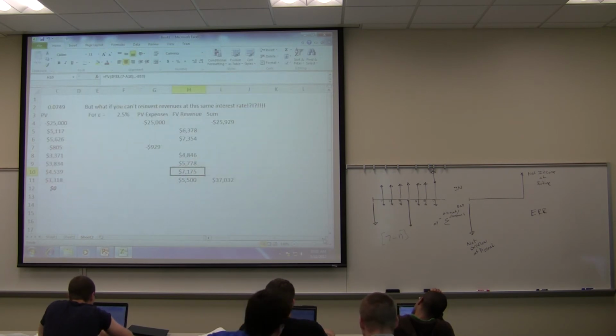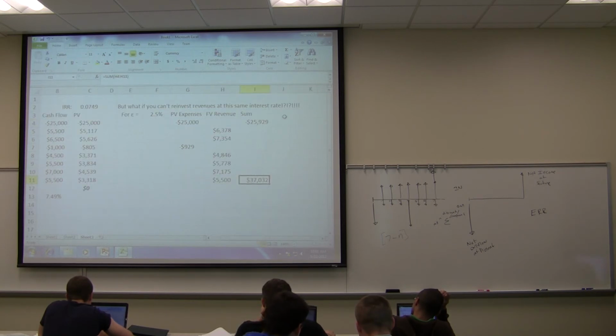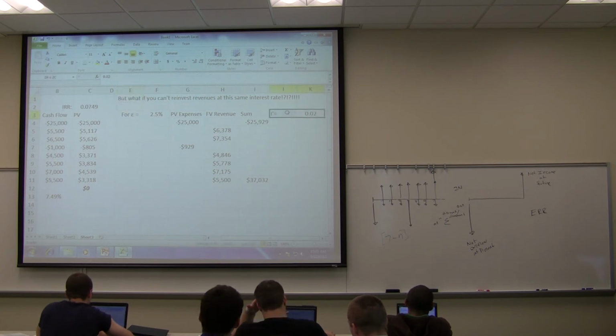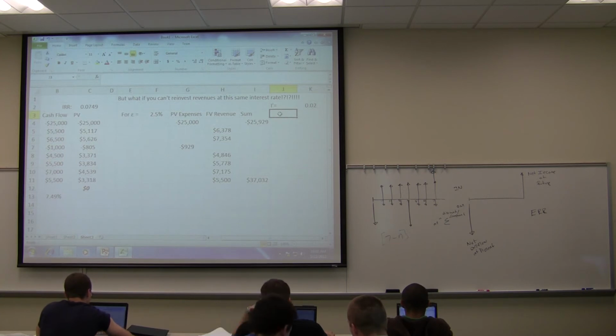So then the last part, the external rate of return, is I need to find out what is the interest rate that will make these two equal. So I'm going to have another interest rate I prime, and then put in some guess here, maybe 0.02. I don't know what it is because I'm going to do a goal seek on it. And so what is the present value